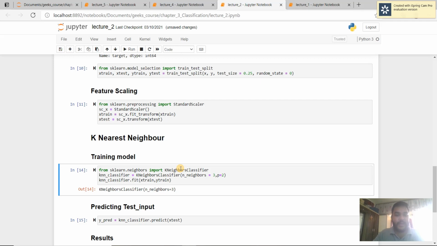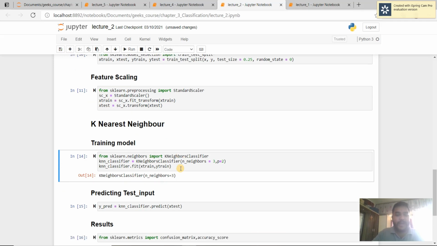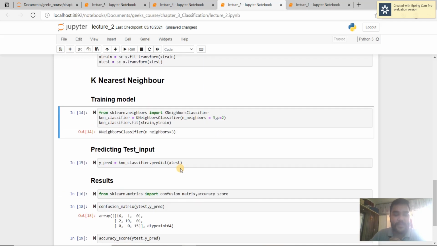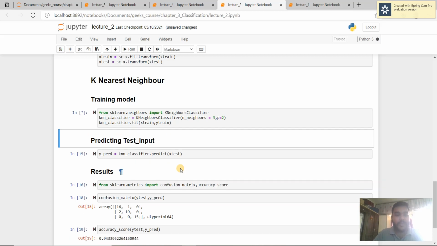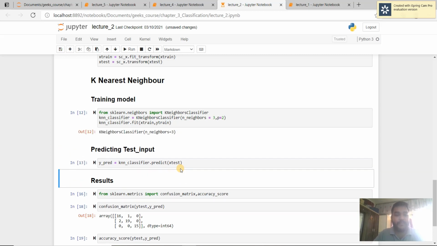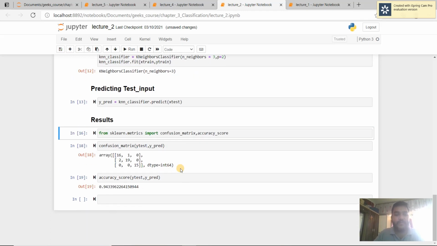Then to train the model, we use KNeighborsClassifier, a class from sklearn neighbors. We fit the x_train and y_train data into it, and then, as you see on the screen, we predict the data. Then from sklearn metrics, we compute the confusion matrix and accuracy.